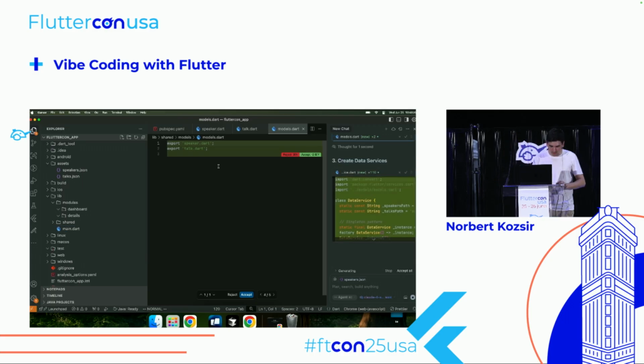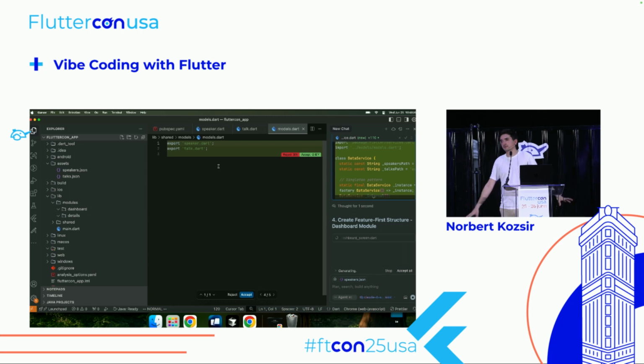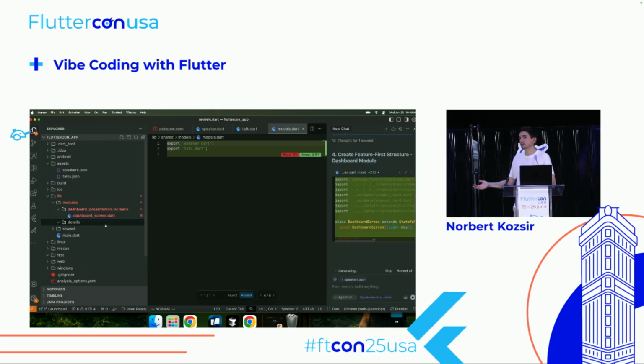So one thing I wanted to touch on, and that's also what we're doing right now, is I like to call it crawl, walk, run, where we're not giving it, "please build a conference app" and be done. We actually tell it to do the steps as you as a developer would. Typically the first step, when working on this problem, is to first define the data models, because the data models define how you actually can interact with the whole problem. So that's what I usually like to tell the AI to do.